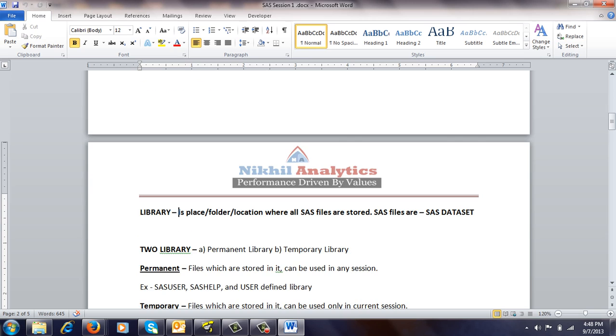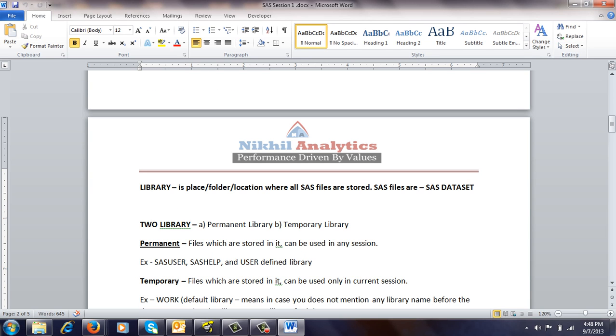Now by default SAS gives you 3 libraries which are of different types. In SAS we have 2 types of library. First one is the permanent library, second is the temporary library. Permanent means the files stored in it can be used in any session or any future purpose.